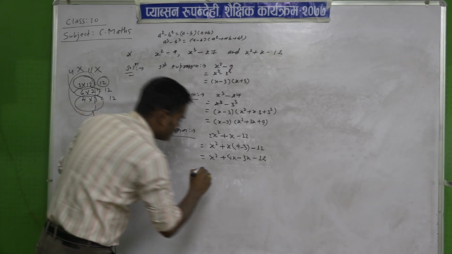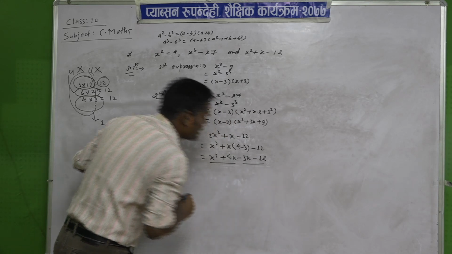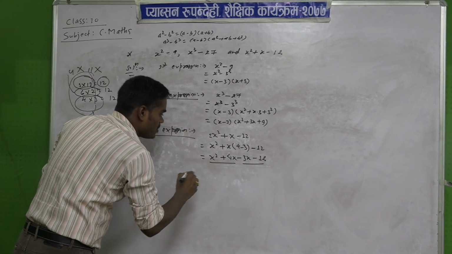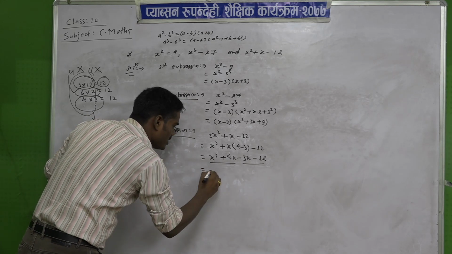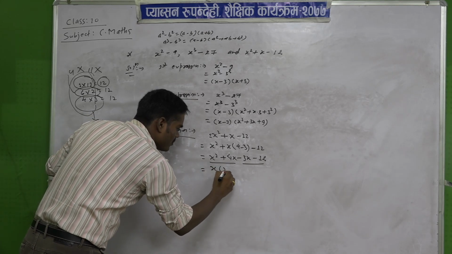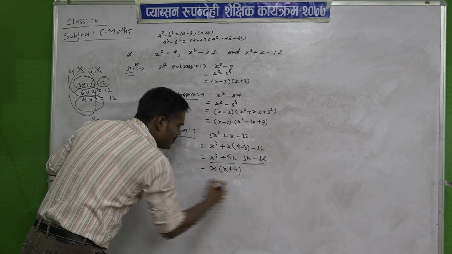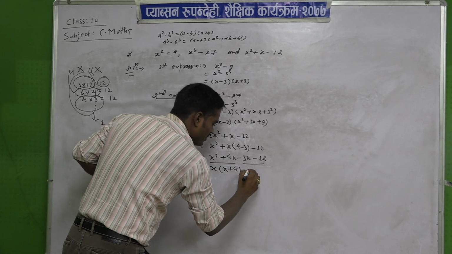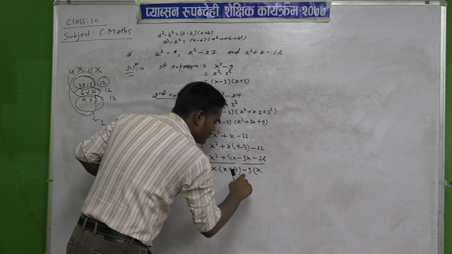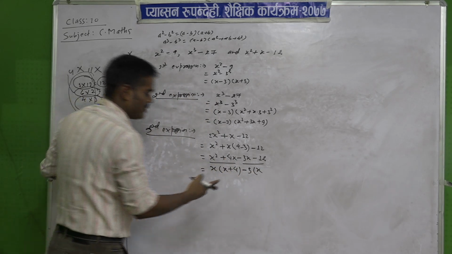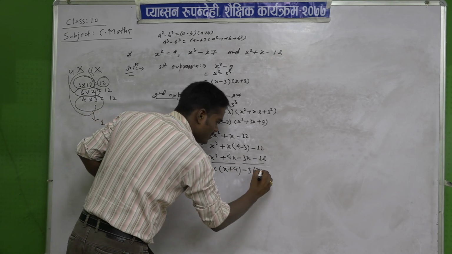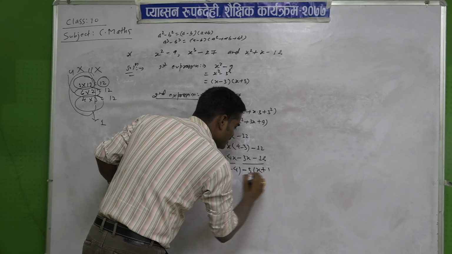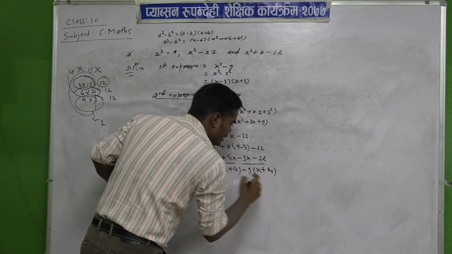So, between 2 terms we should take common. How much is common in the first two terms? x. So, what is left here? x plus 4. Here is x, and in the second term 4. And what is common here? 3. So, x, and again do not forget to multiply the sign while taking the common. Minus into minus plus, minus into minus plus, means 3 4s are 12, 4 is here.